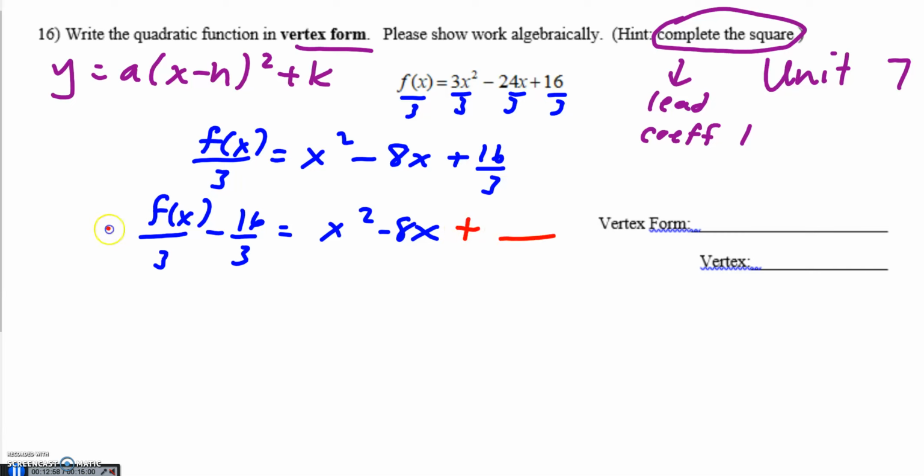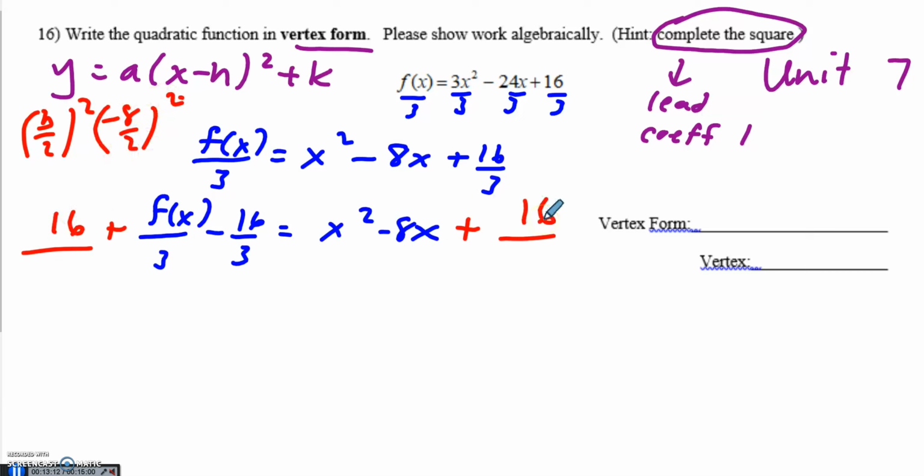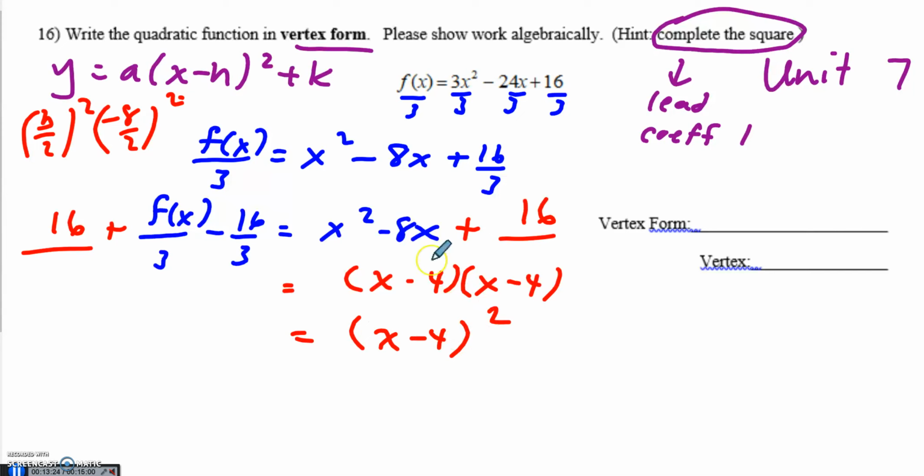Now, we need to add that special number on both sides of the equation. That special number is b over 2 squared, or in this case, negative 8 over 2 squared, negative 4 squared, or 16. So on this side, the reason we complete the square is so we can factor this to be x minus 4 times x minus 4, which is really x minus 4 squared, which looks very similar to what the vertex form is. On this side, we need a common denominator of